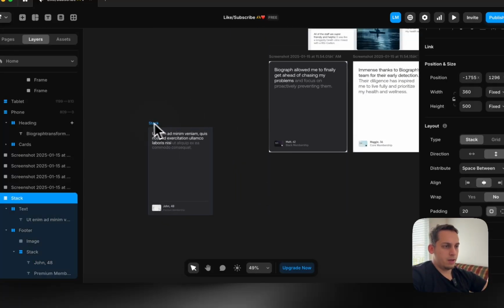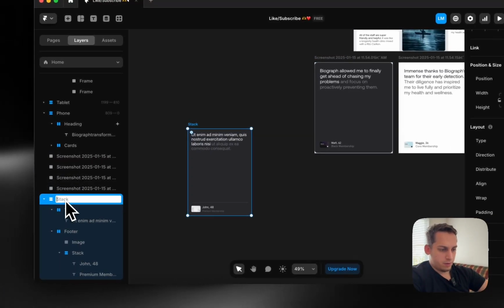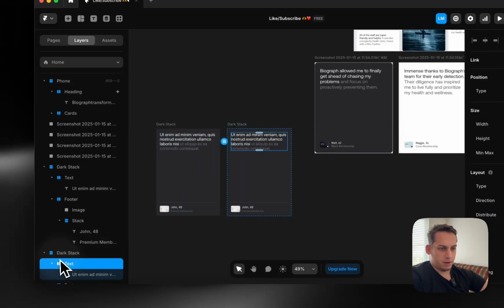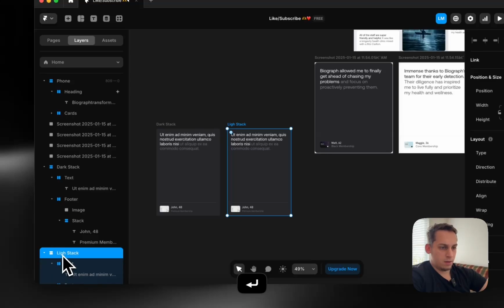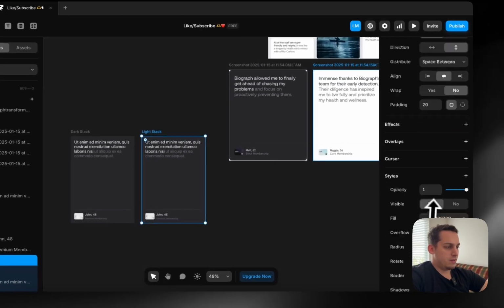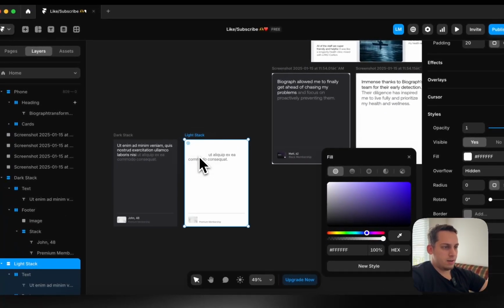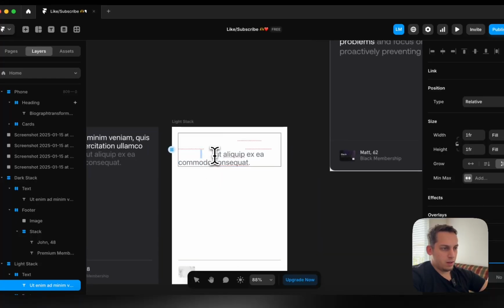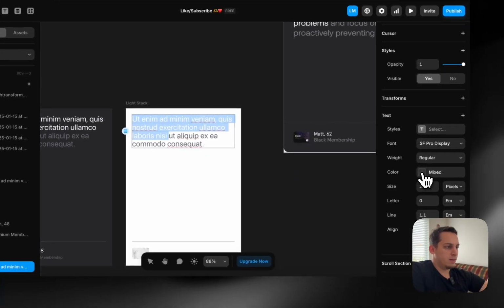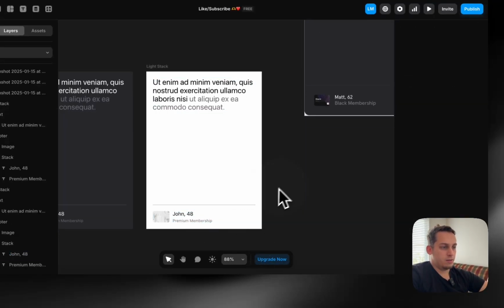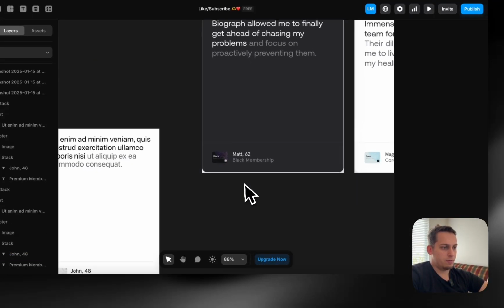All right, so we got this dark, so let's call it dark stack. And then we need something light, so we're just gonna copy paste. So this is gonna be called the light stack. And instead of this being this gray color, we can just use our color picker and choose this white. And here it will be the black instead of the white. So we can just choose this black, and same here, choose this black, and we have here like this very